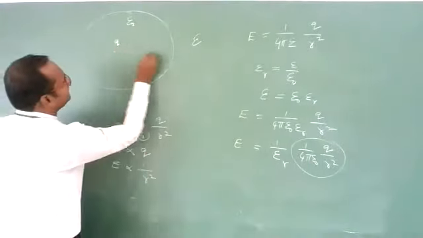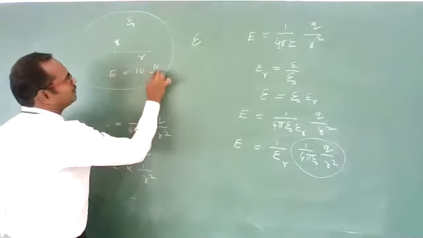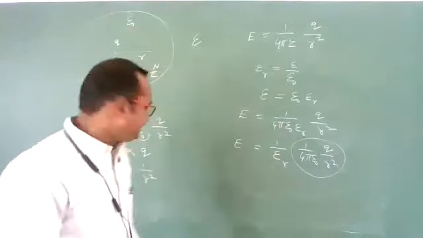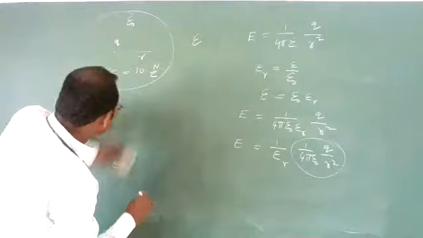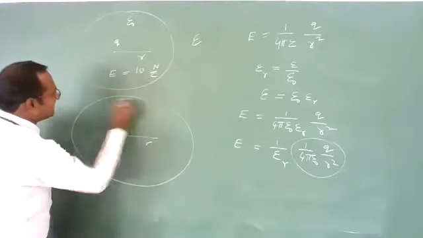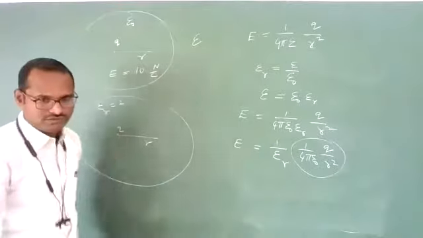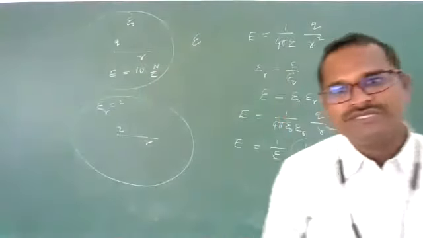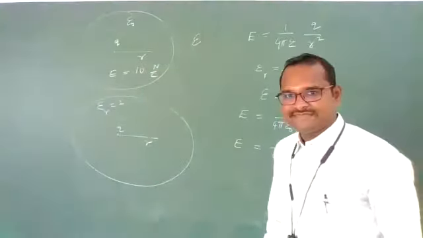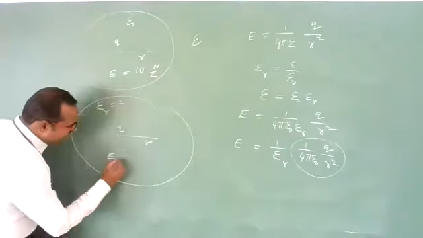So in this, at a distance of R, the electric field is, let us suppose, 10 Newton per Coulomb. Then the same charge Q, at the same distance R, if we place it in another medium whose relative permittivity is 2, let us suppose relative permittivity is unitless, dimensionless, it is a relative quantity. Yes, it is 2.